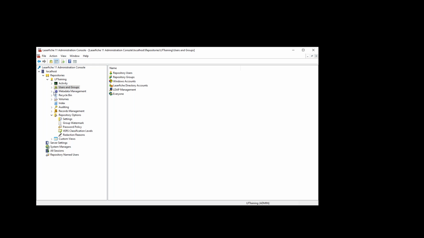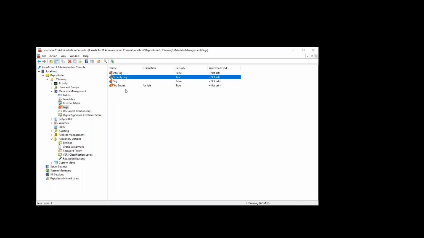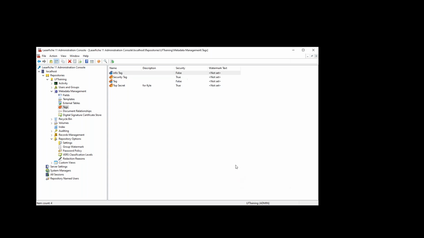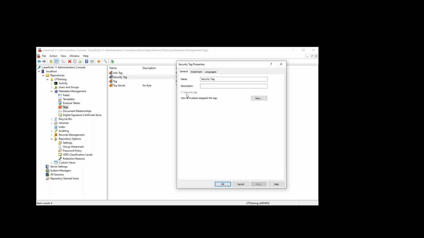So you have to create a security tag, and we do that under metadata management and go to tags. I've already created a couple here. You can see the difference. There's info tags that if you open up the properties, notice the security tag checkbox is not set. Description is optional, by the way. The tag name will show up in the client side when we assign the tag to documents. A security tag has the checkbox checked, and you can't reverse it. As you can see, it's grayed out. Once you create a security tag, it's a security tag from then on,